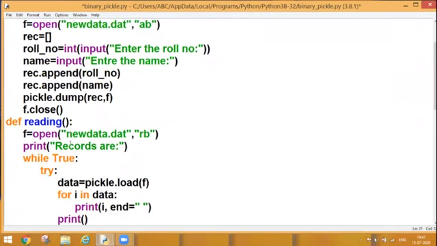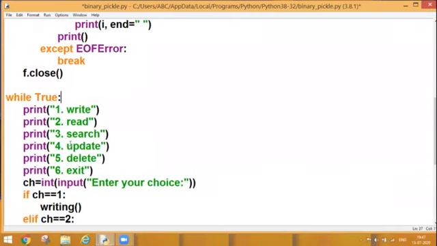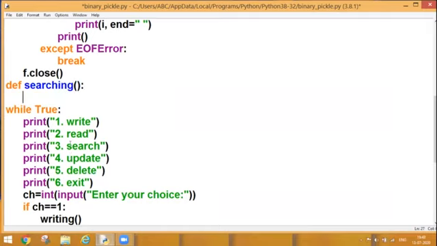We have read the data also. Now my next step is how to search any record. Like 3 records are there and I want to search roll number 2. So what will I do for that? Let's have a look. I'm going to create another module, searching. But before searching, as we know, until and unless I read the data from the file, I cannot perform any operation over there. So my first step should be opening the file and reading the data from the file.